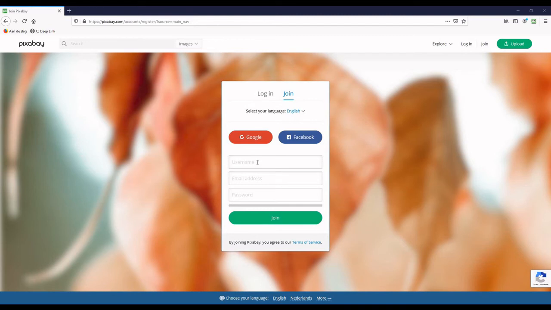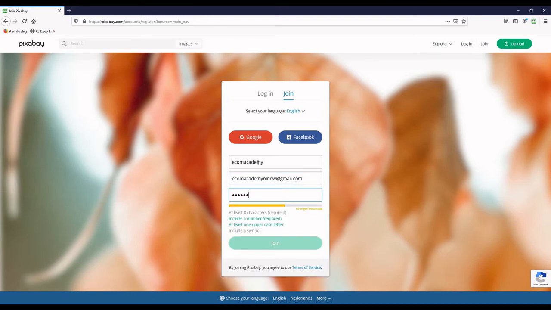So let's test the login option for Roboform. We will type in username, so we will make up one. For example, Ecom Academy. Let's do that. So I would click on join,